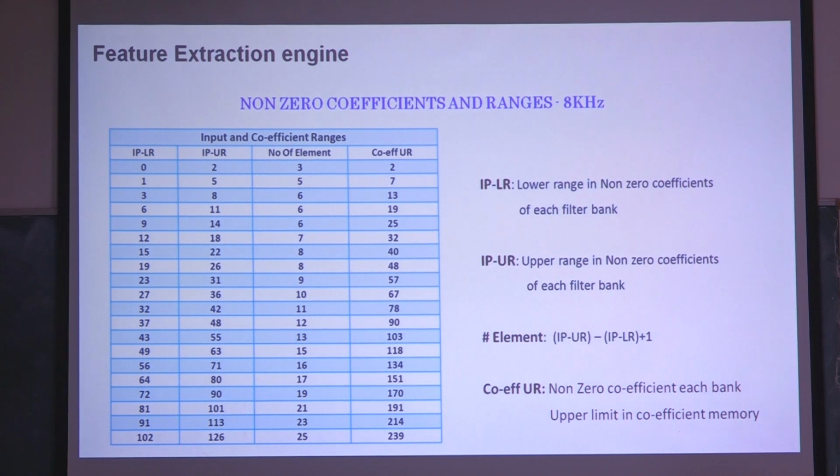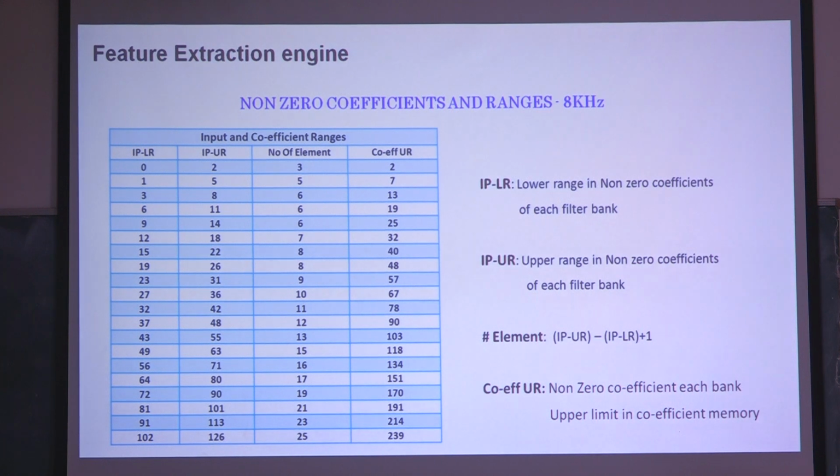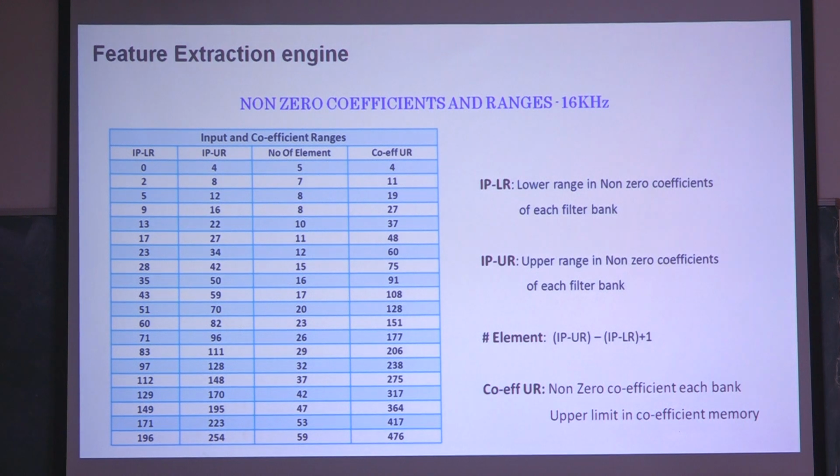So we can access different RAMs for the computation of 4 different Mel coefficients and 2 different FFT coefficients. In that case, again, this stage will be optimized within 64 clock cycles. It means exactly 64 clock cycles for 8 kilohertz and 128 clock cycles for 16 kilohertz. Since we are reading 2 coefficients in the X of n and 4 coefficients in the Mel bank, we need to process the S of n with 2